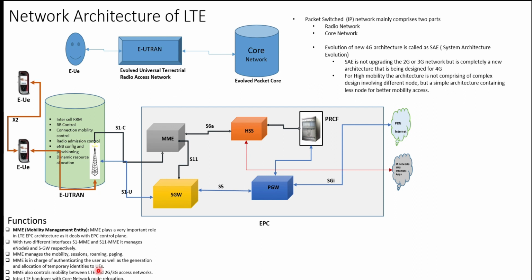Whenever a particular action is happening here, it is connected to your SGW and SGW is again connected to your PDN gateway. So it has the ability for PDN gateway and SGW selection. And whenever a particular user or different user comes into a particular location, it also handles roaming and authentication management, and it also functions for EPS peer management and signaling for mobility management between 3GPP RANs. So broadly, that is how the function is.